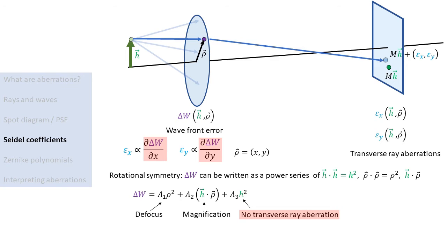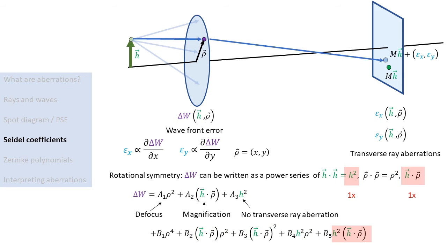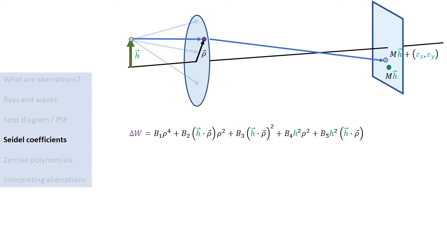Therefore, we need to look at the terms that are quadratic in the rotationally invariant quantities. Since there are 3 such quantities, there are 6 ways to pair them. One of these terms does not depend on the pupil coordinate, so it does not contribute to the transverse ray aberrations. We are left with 5 terms that describe the wavefront error as function of both the point source location